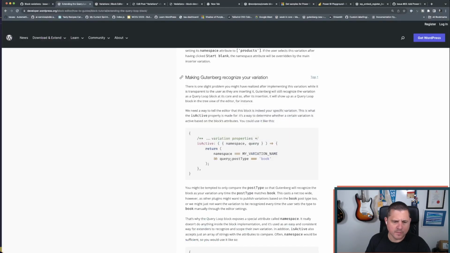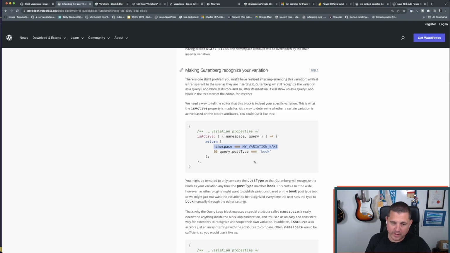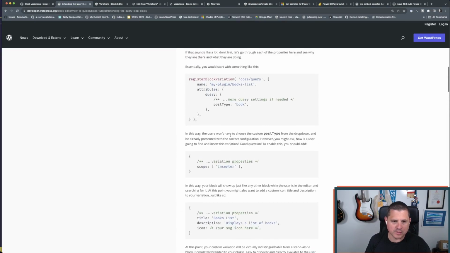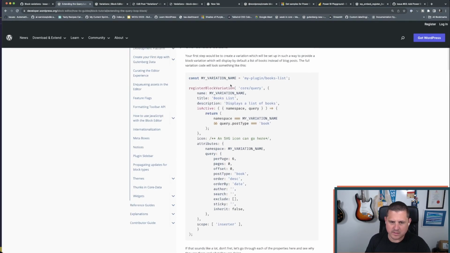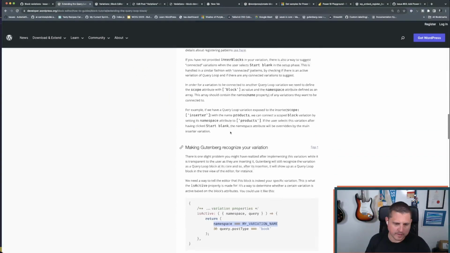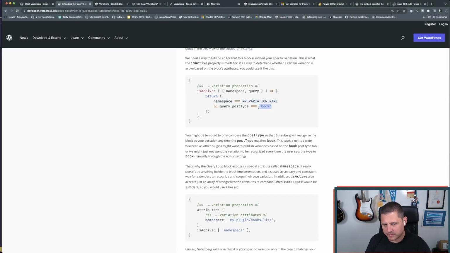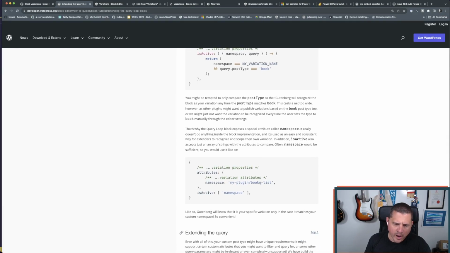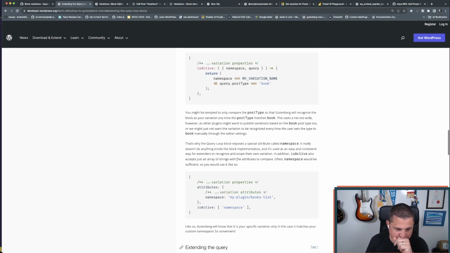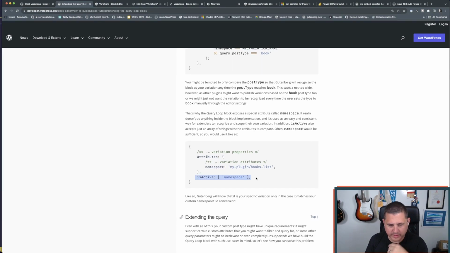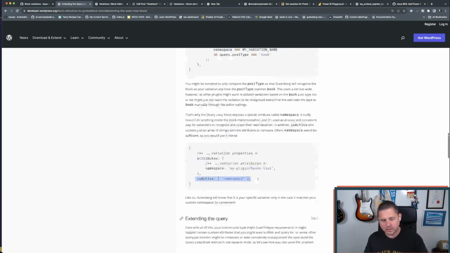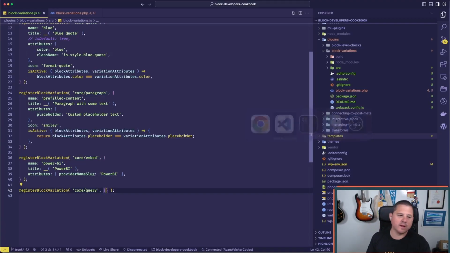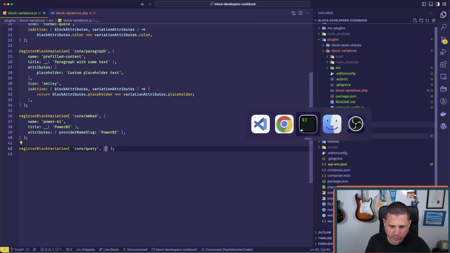That is interesting. Right, so they're checking that the variation matches the variation that's been defined up here in a constant somewhere, and that the post type is for book, right? But they're also doing it this way to check. So one thing that you have to keep in mind though when you're doing one of these,